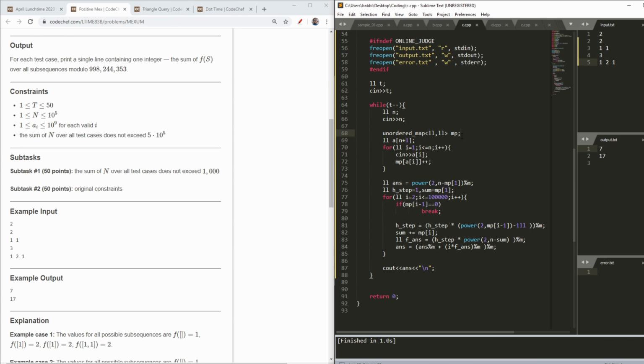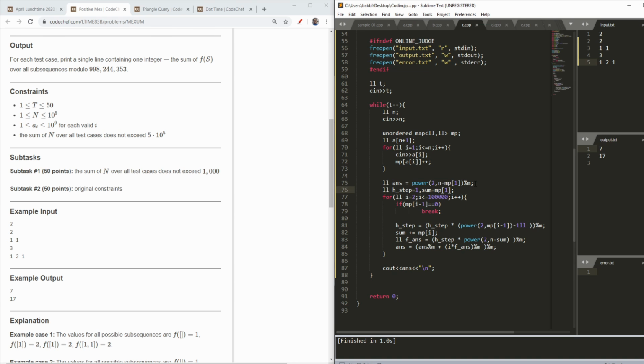So actually I just wanted the occurrences. I don't need the smaller element to be available before the larger element, although it will not make much difference. You can use map also, but to be on the safe side I used unordered map. Then I had my array elements. Now I increased the occurrences, just to show how many times a particular element occurs, because I always needed how many occurrences there were of 1, how many of 2, and so on and so forth.